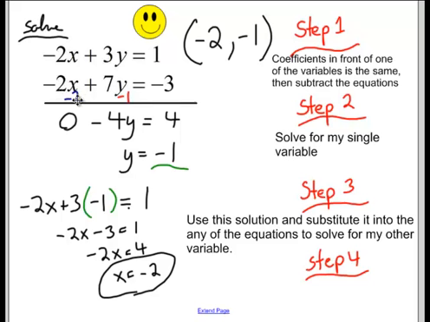Okay, so -2 times -2 is a +4. +4 minus 7, -1 times 7. +4 minus 7 equals a -3. So that checks out too. So therefore, I've just done step 4, which is